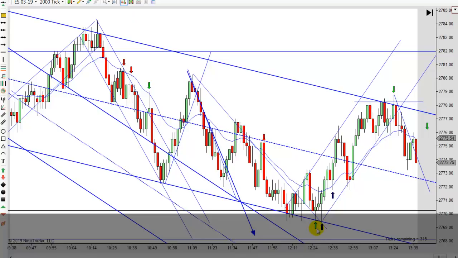flatter channel. And so on a second entry long, after testing this thing, you make a double bottom, then a double test. There's really a double test right here. Not a very good signal bar though. So when we get this next test and you get that strong signal bar on a second entry long, I like that one just to try to get a scalp. And if we catch the low, hey,